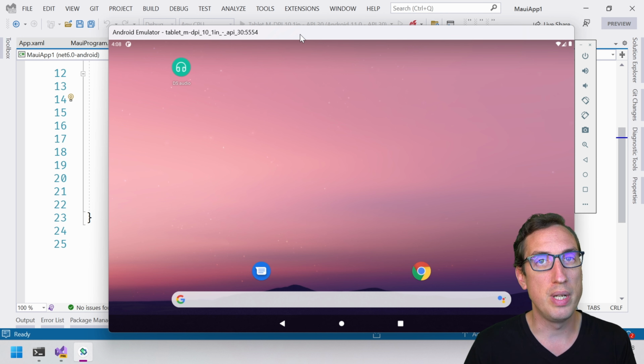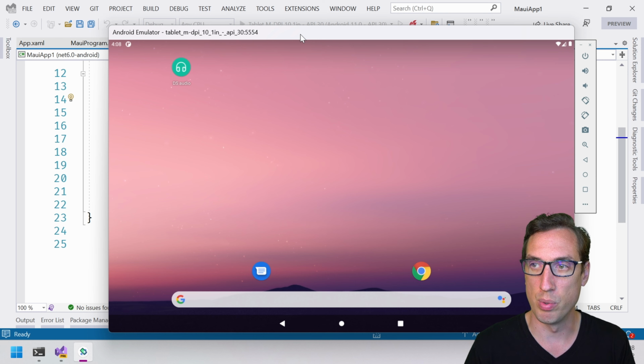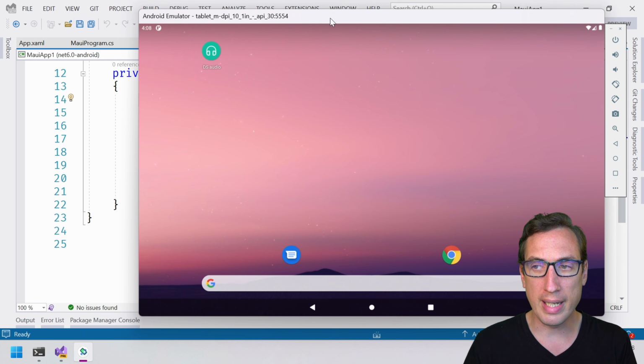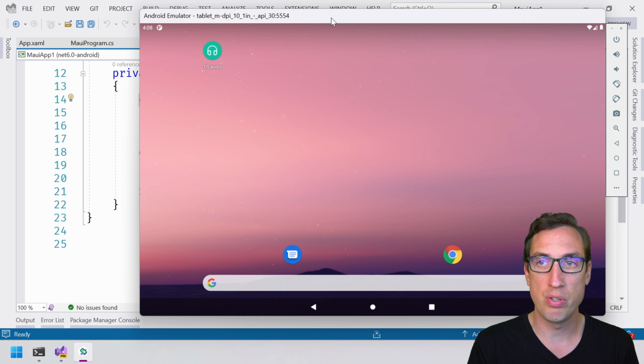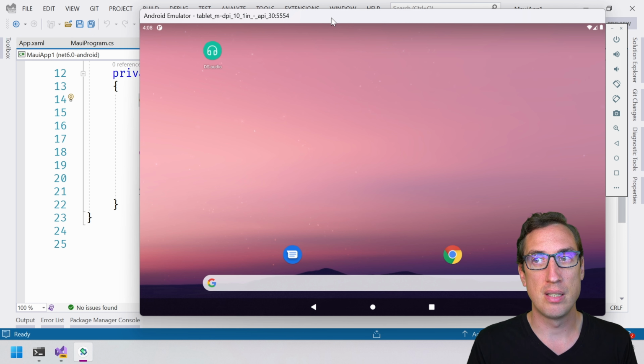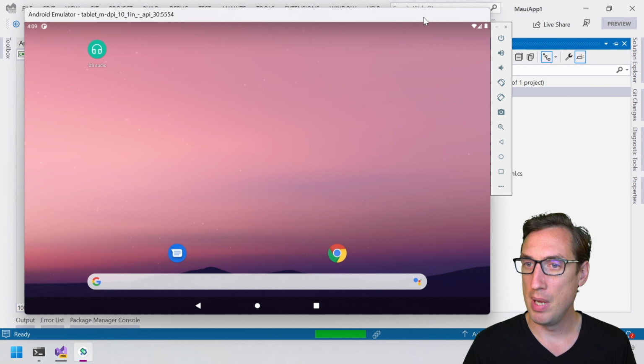And you can even use real devices. Yeah, you can deploy to your real Android or iOS device and do your testing from your Android device or iOS device if you want. So again, I'm going to give Visual Studio some time to do the actual deployment to Android. So now Visual Studio will build the Android package, and then the Android package will be uploaded to this Android emulator. And when that is finished, it will automatically start for us. While this is happening, I can maybe show you